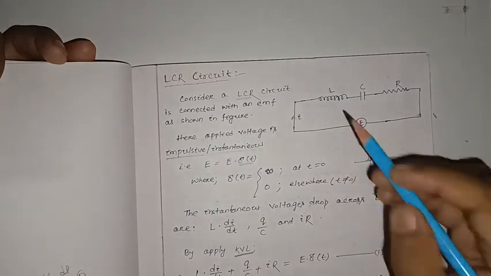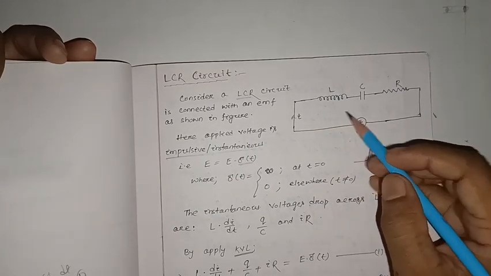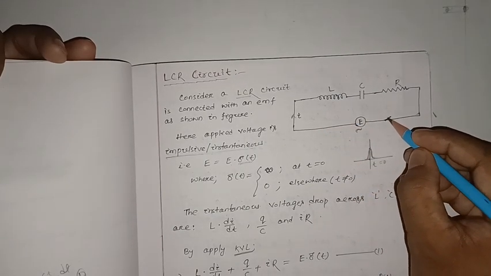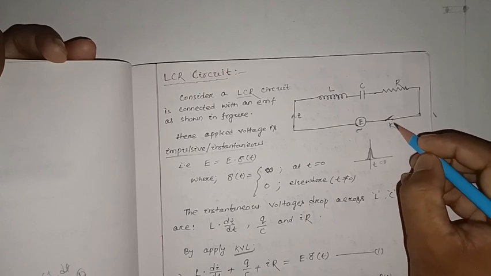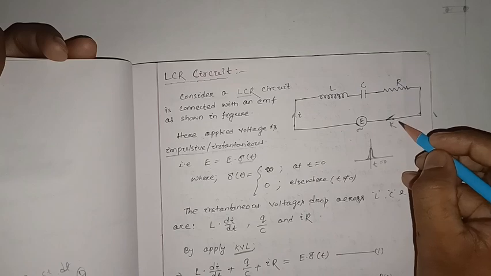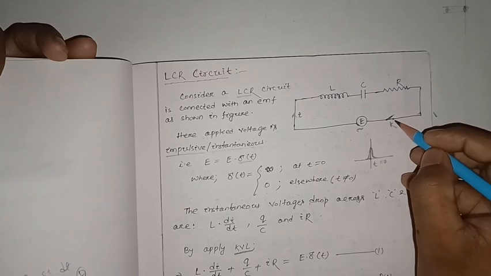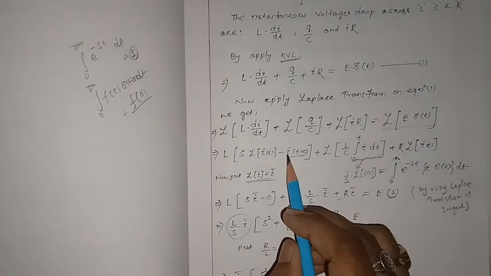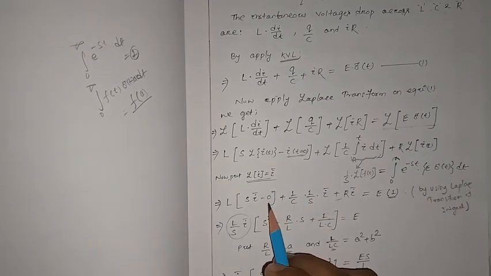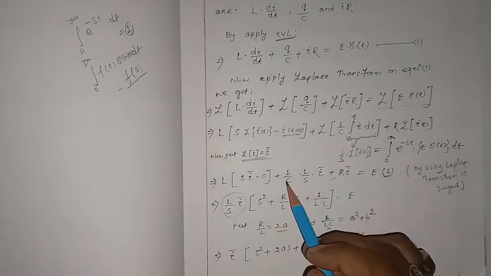Remember, when t equal to 0, that means the key is not closed. Here I have drawn a key, suppose the key is not closed. When t greater than 0, the key has been closed. So when t equal to 0, I will be equal to 0. Here 1 by c, and